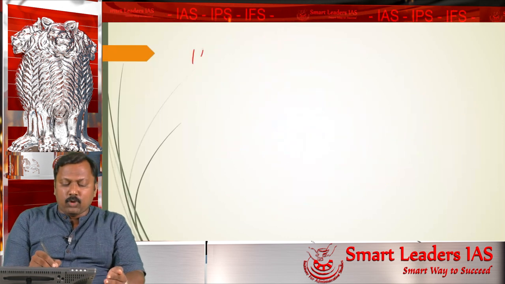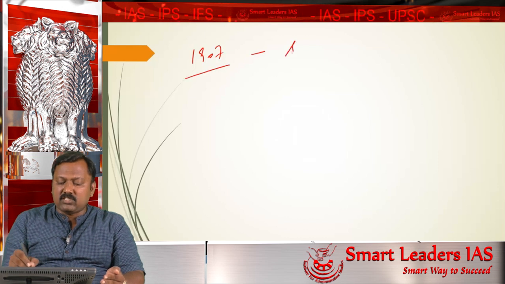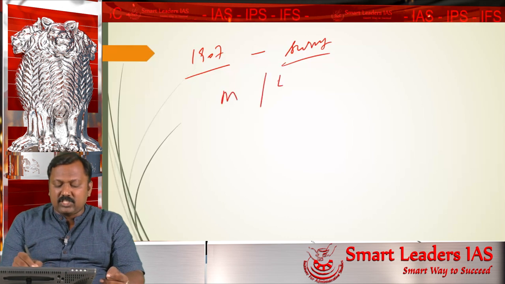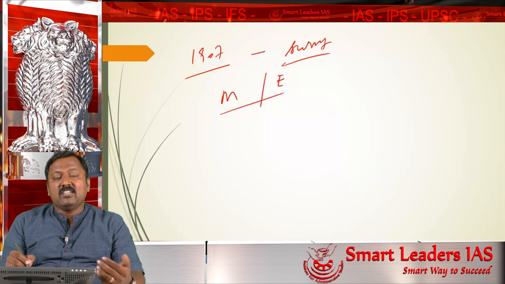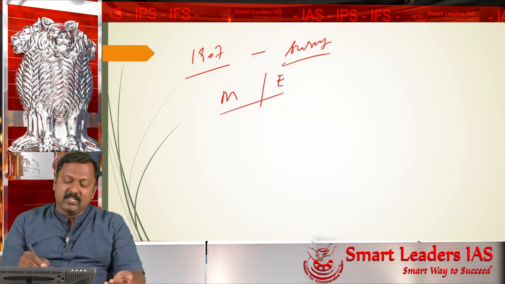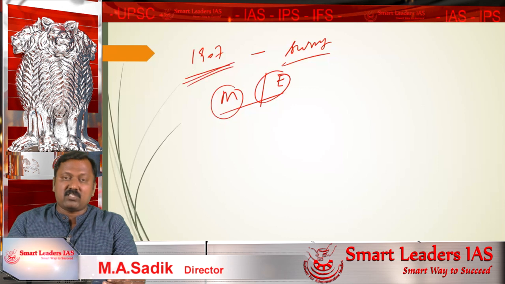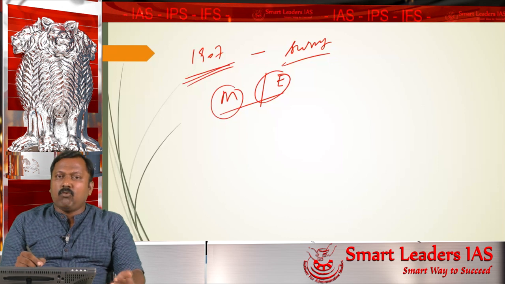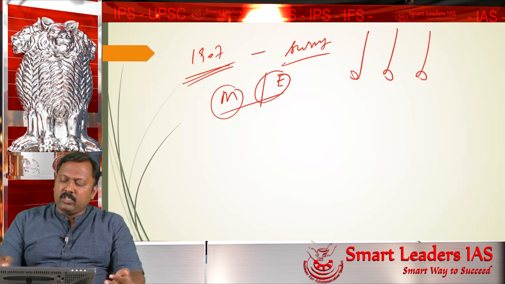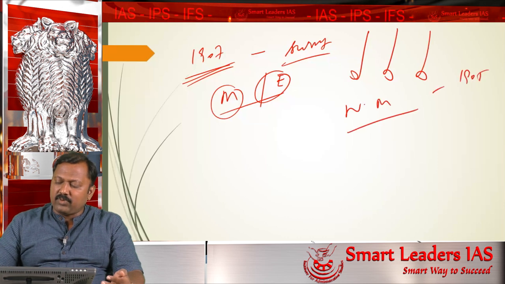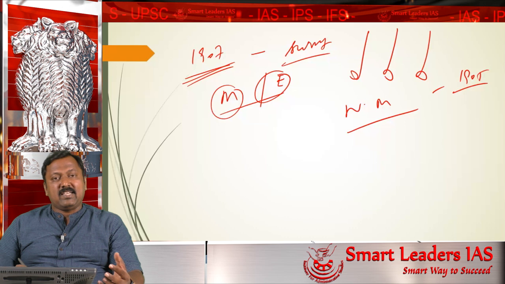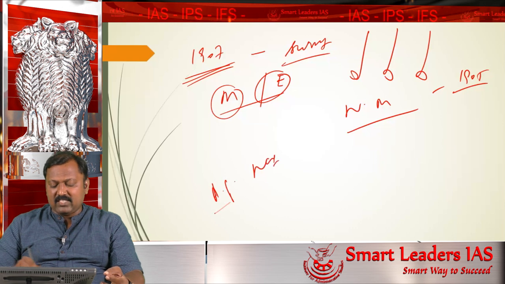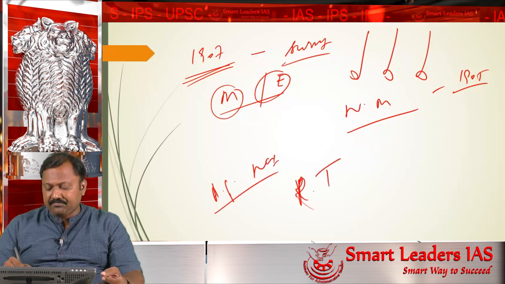These differences came into the open in the year 1907 in the Congress session which is called Surat. In the Surat session, the fight between the moderates and the extremists came into the open, and it led to a split between the moderates and extremists. After the split of the Congress, there was a weakening of the national movement which had started in 1905. The weakening of the national movement created an environment for the rise of, you must know, aggressive nationalism, or we can simply say revolutionary terrorism.